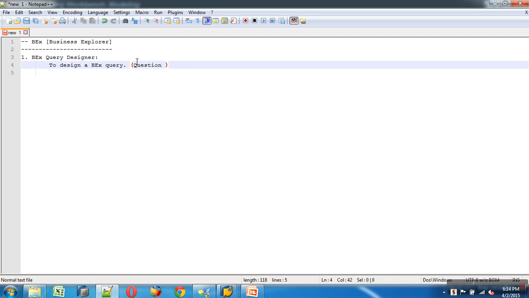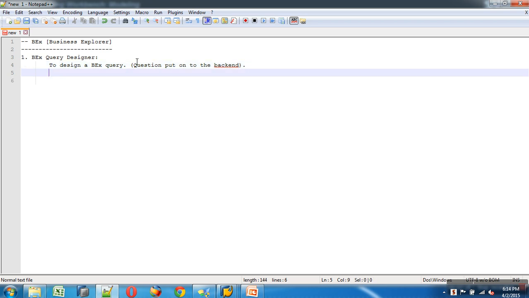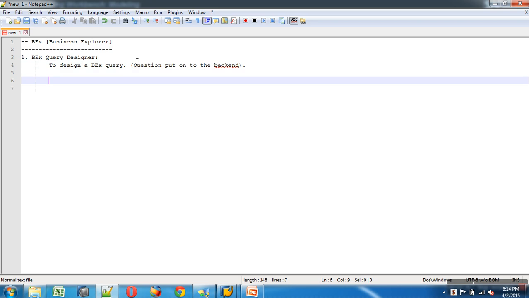It's a question put onto the database, or put onto the backend, and the results of that would be your report. So the purpose of query designer is just to design your queries, and when you run the query, the result set of your query would be your report.